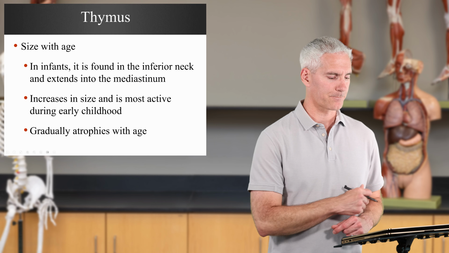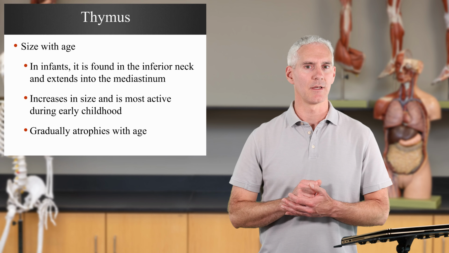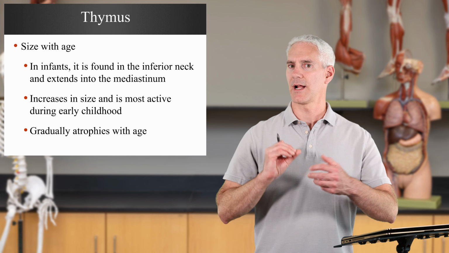The thymus, the second component that's going to help with development and production here. Now, the thymus itself will change with age. So initially, in infants, it's found in the neck, heading down superiorly and anteriorly to the heart. So it's up in this region. But as that infant ages into childhood, the thymus can actually increase in size a little bit to its largest point. But then as you continue to age, going through adolescence, going into early adulthood, and so forth, it gets smaller and smaller and smaller.